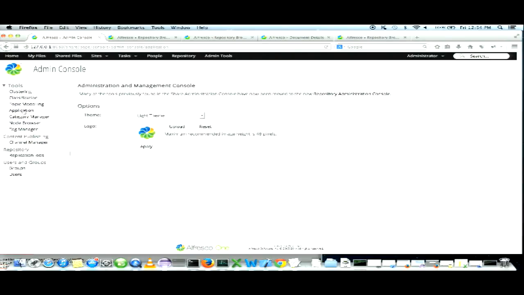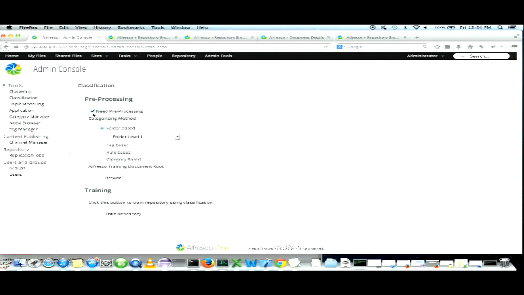So for this we have done a customization in the Alfresco admin console. And I think you can see the 3 different machine learning techniques: clustering, classification and topic modeling. So first we'll look into classification.